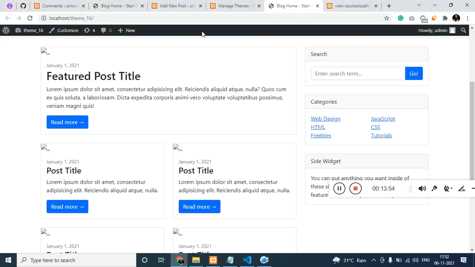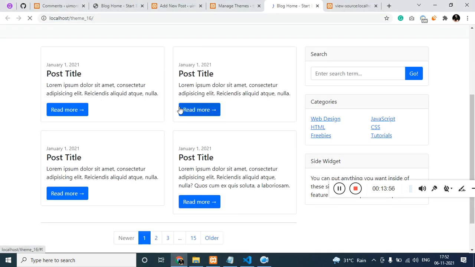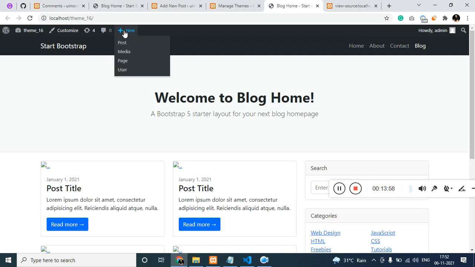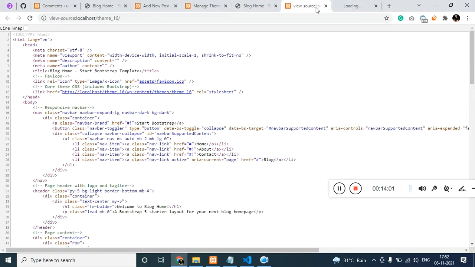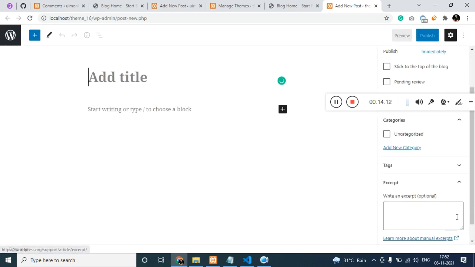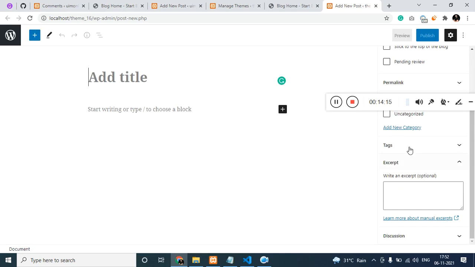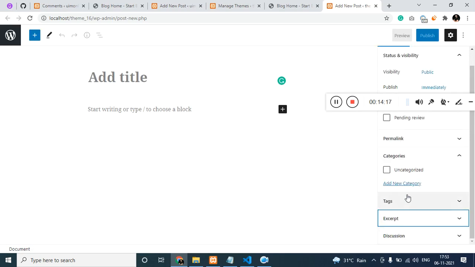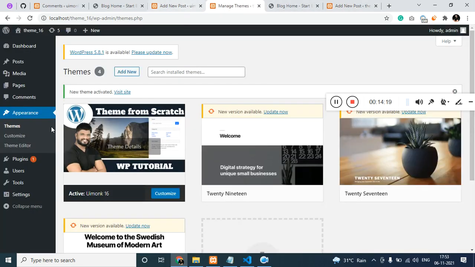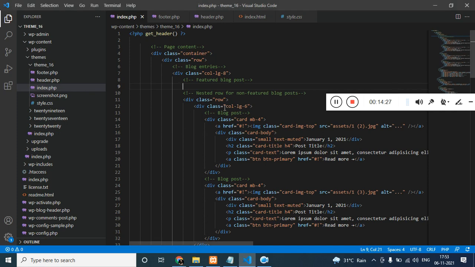As an actual post. Now if I click on post, you will see that there is no option for adding the image. You can see there is no section for adding the featured image. And one more thing I would like to show is, you can see there is no menu that we can add. So to overcome this, we need to create a file called